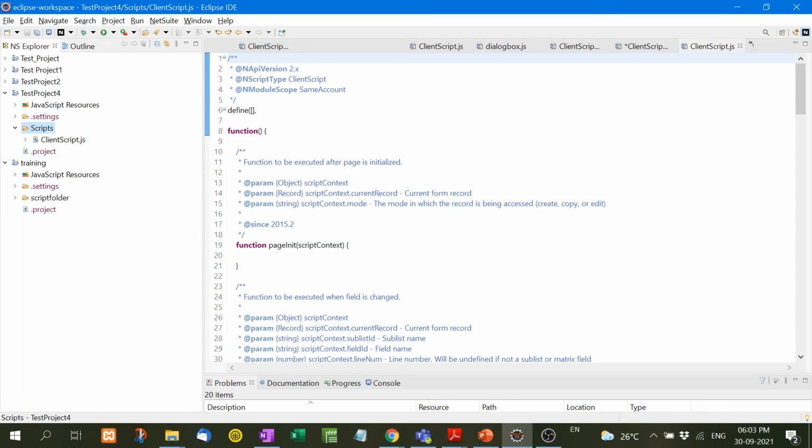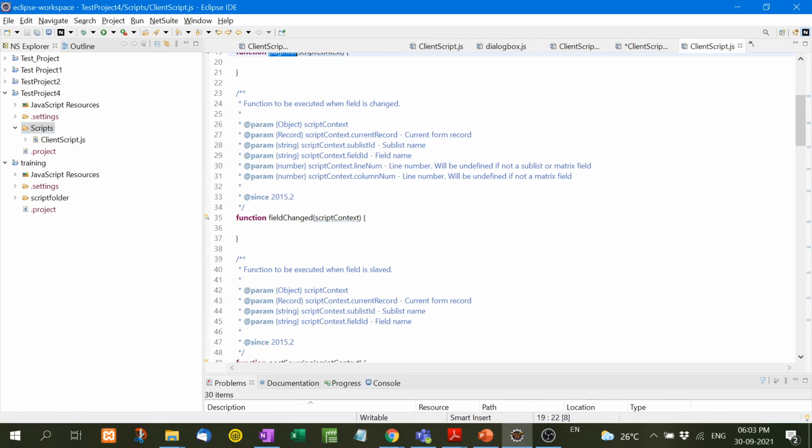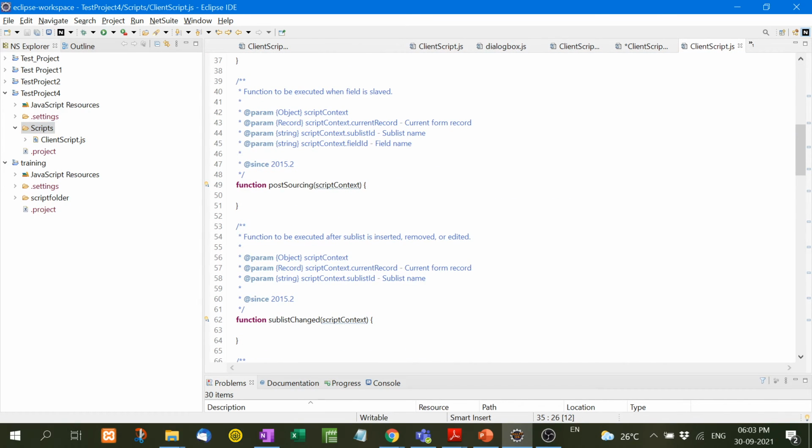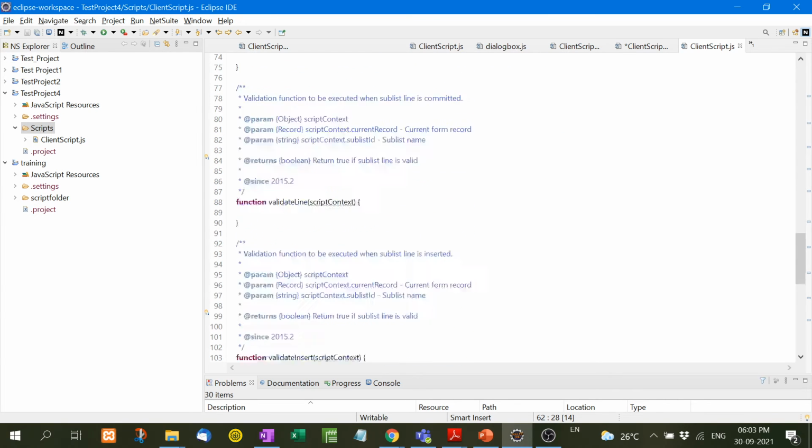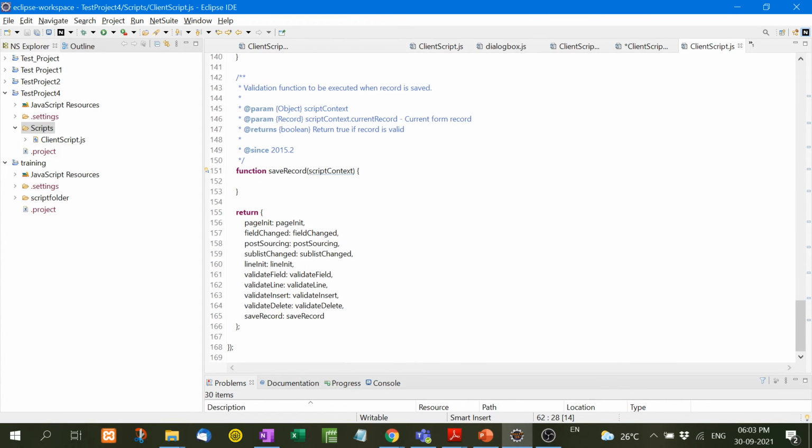Now see here inside this client script. Now if you see here client scripts, there are many functions: page init, field changed, post sourcing, sublist change, and finally we will see here return.